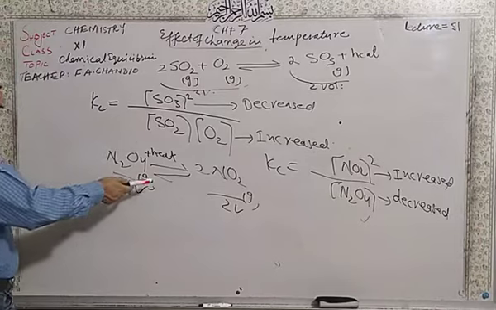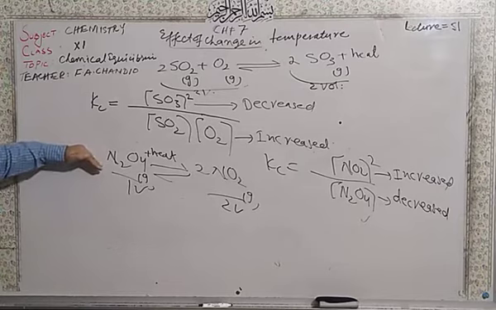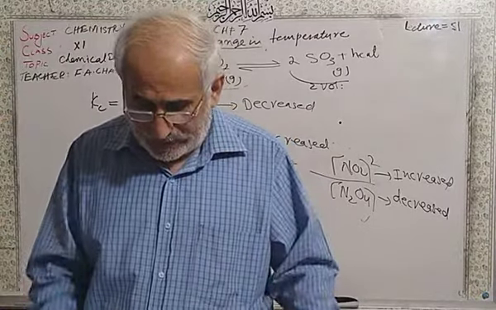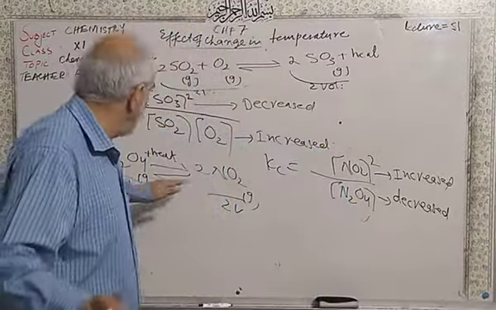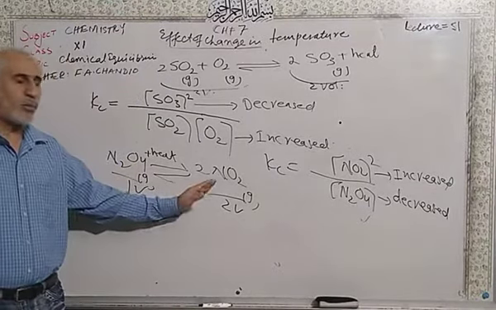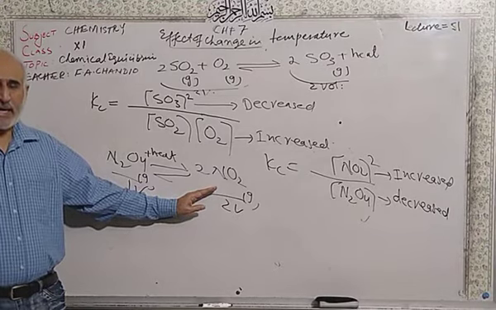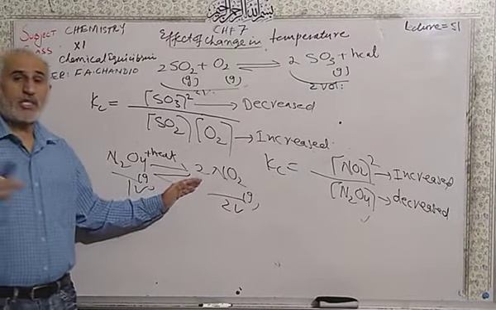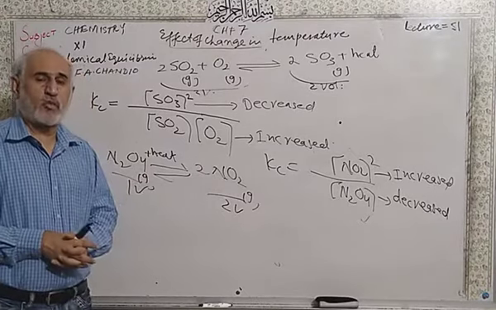So it means that at low temperature, this must move towards the reactant side. But when you are increasing the temperature, this is about 0.4. At 100 degrees centigrade, the value of Kc is going to increase up to 0.4. So more temperature is required to convert reactants to product, and it must go to the forward side. So by increasing the temperature of this system, the value of the equilibrium constant is going to increase. So when the value of Kc increases, it must move towards the forward side.